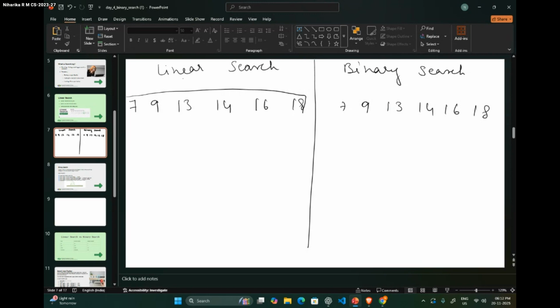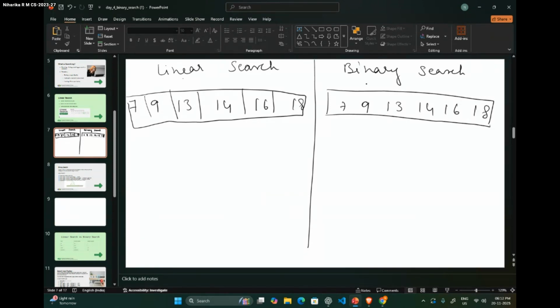And we'll put them inside boxes because they're arrays. And we'll give indexes for each one, right? So 0, 1, 2, 3, 4, 5. So let our target element be again 16.